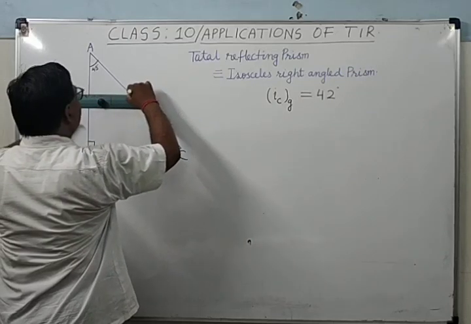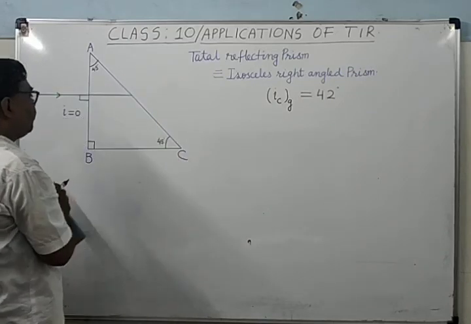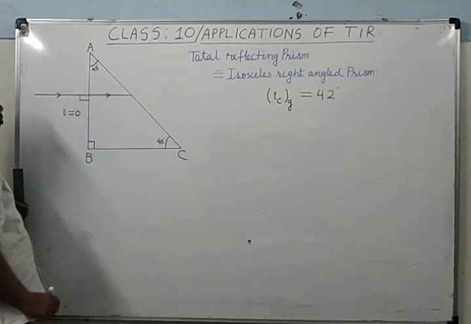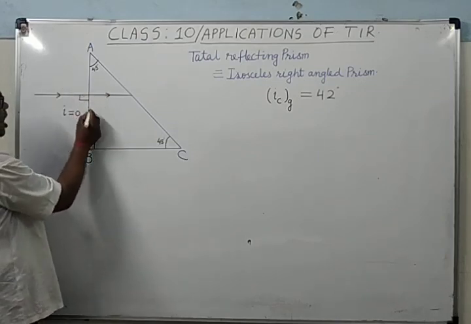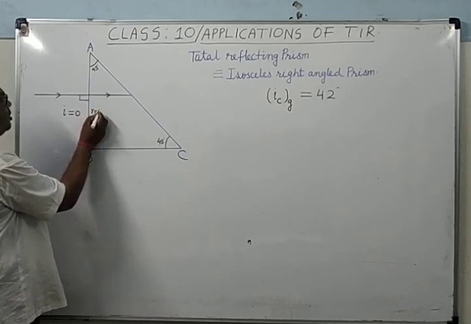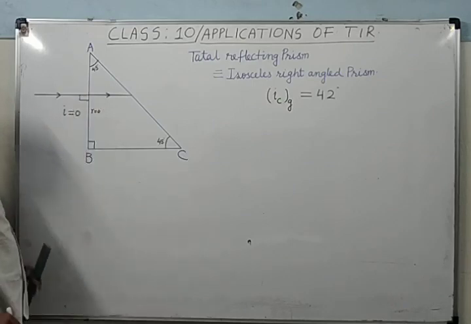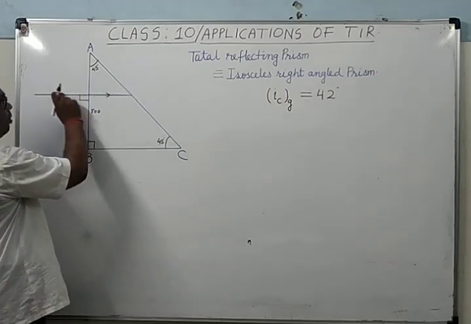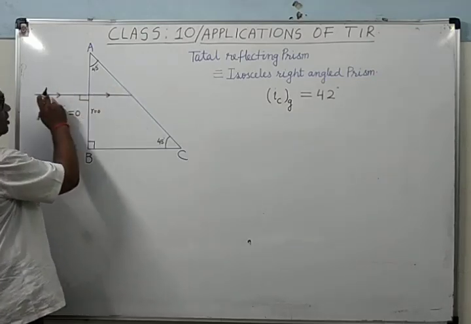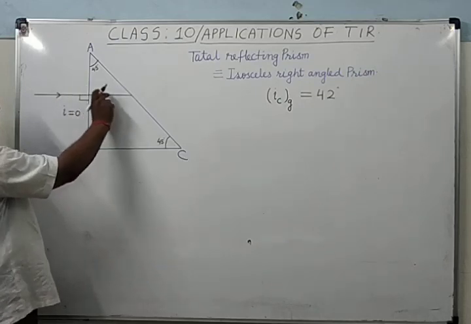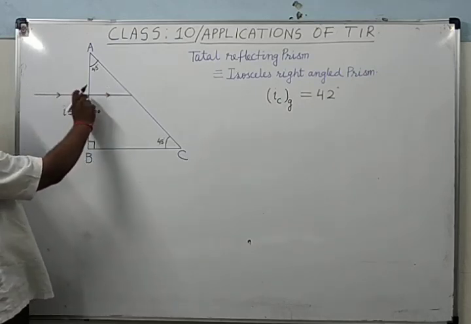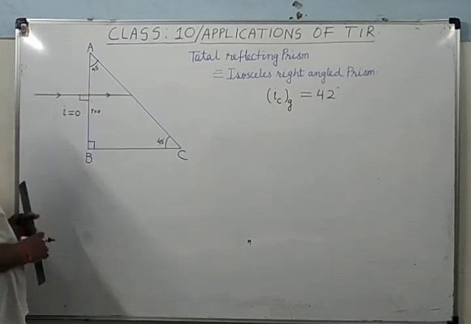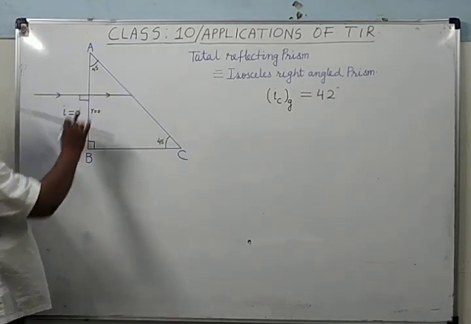There will be no refraction, because refraction means bending, and here there is no bending. What is the angle r? Angle r will be 0 degree. Here the angle of incidence will be 0 degree. Why? Because if you draw the normal, it will be along this ray. The incident ray makes what angle from this direction? 0 degree. The refracted ray makes what angle from this direction? It is 0 degree, because the normal is along the ray.